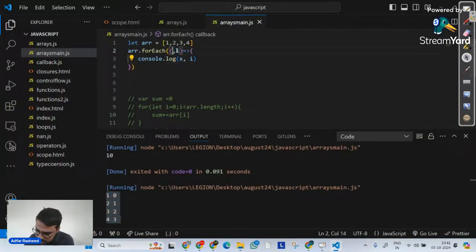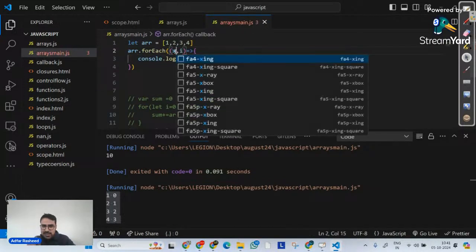But Basu asked a very important question. Sometimes, sir, we see it like this: underscore comma I. What does this underscore actually mean? You might have seen it in different web development projects. If you have, this is what it means: when I implement for each, the logic that I would write inside my callback function depends on the index, not on the item. So I know the item variable is not going to be used anywhere inside this callback function. I could write x over here, but then x becomes an unused entity.